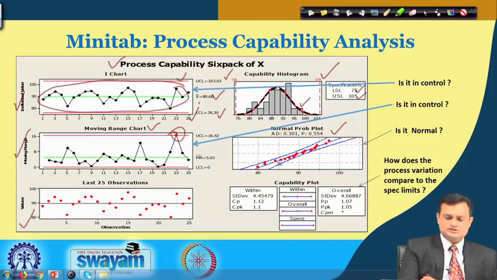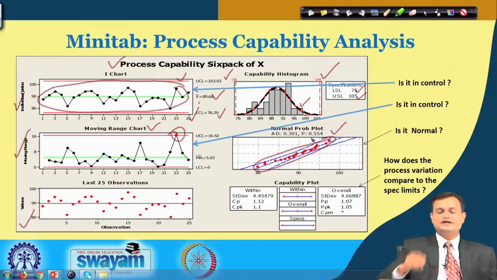Now, you can see another one, the normal probability plot. You have the readings plotted here, all in red dots, and suppose I put a pencil or pen and it covers all the readings on the normal probability plot, then I would say that my observations follow the normal distribution and my assumption about normality is true.